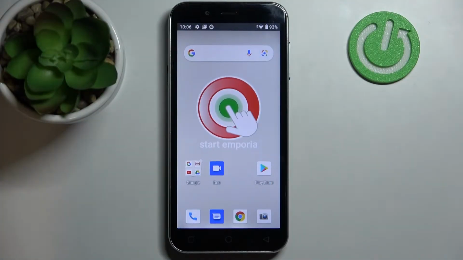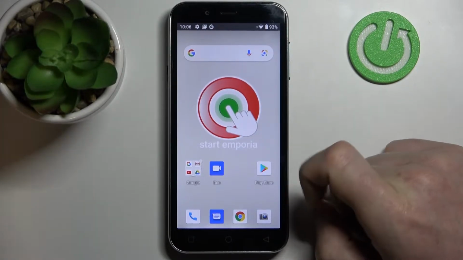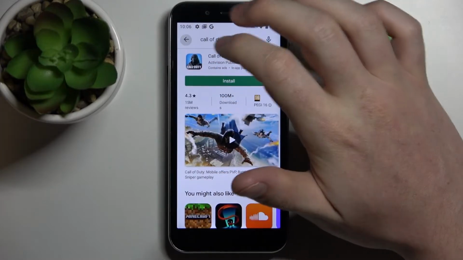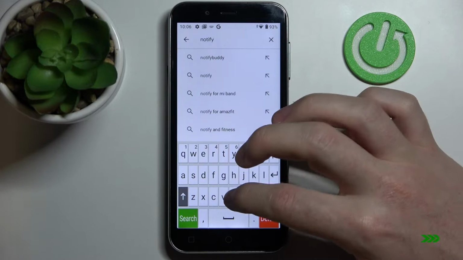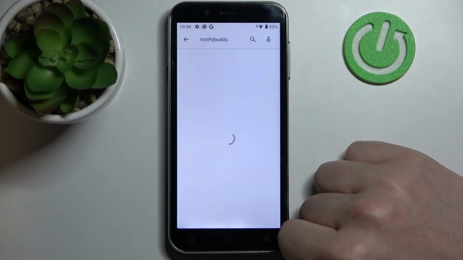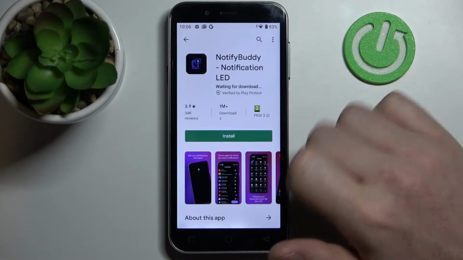Hello, in this video I'm going to show you how to set up custom LED lamp notifications for your EMPORIA smartphone. In order to do this, we'll need to open our Google Play Store, and from here begin a search for an app. Enter NotifyBuddy,